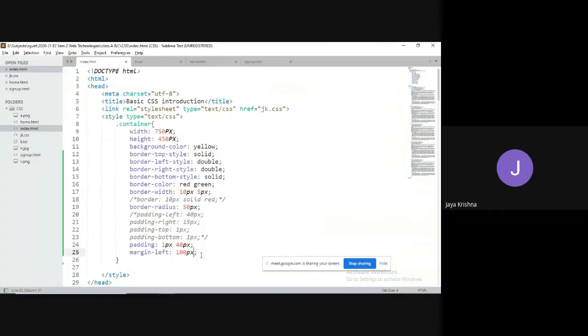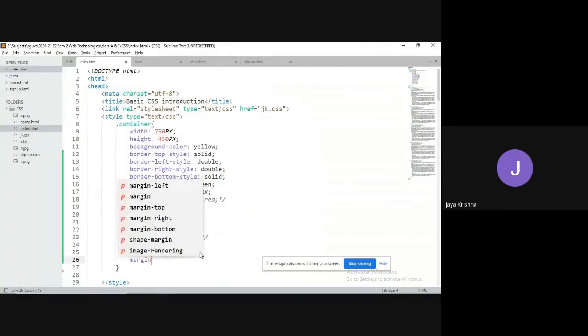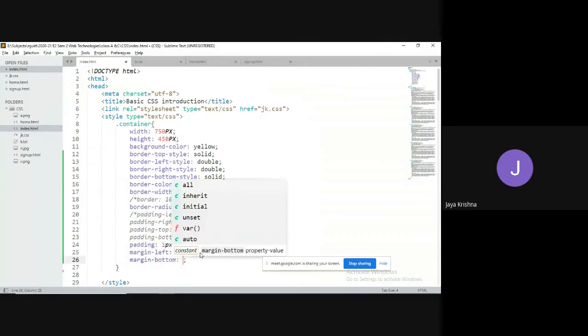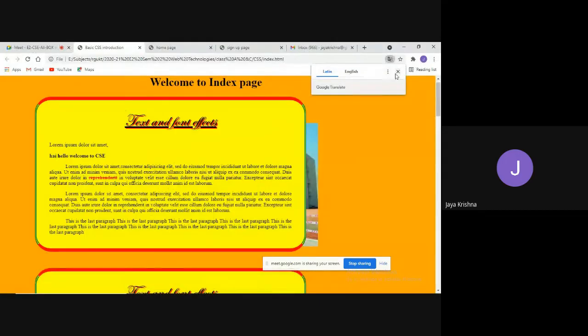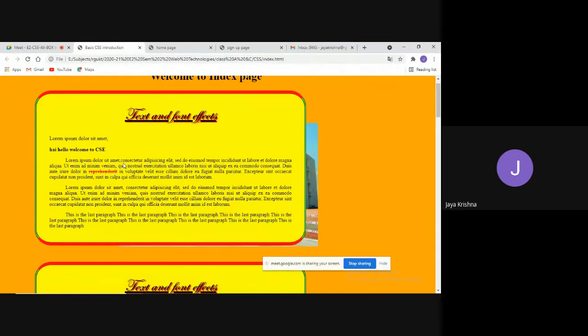For example, I want to move some space on the bottom side, margin-bottom. I want to move 50 pixel. Observe, you got 50 pixel amount of space after this border. Here margin-top is what? How many pixel? 0 pixel.